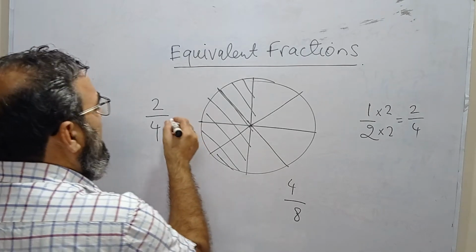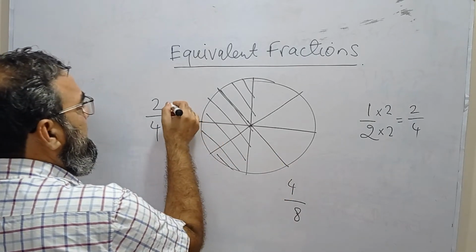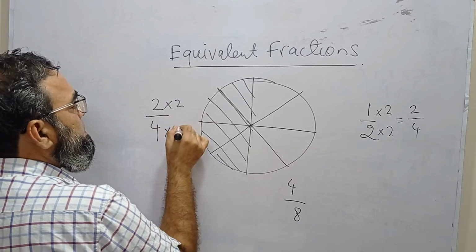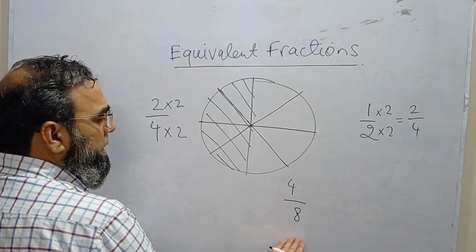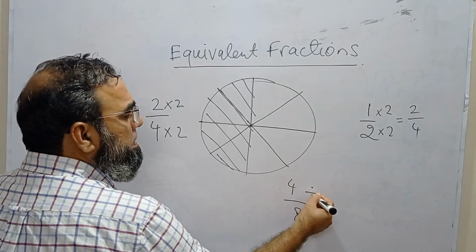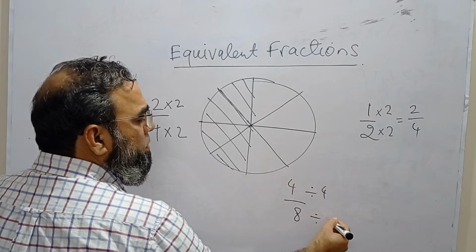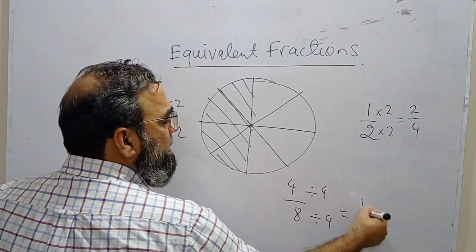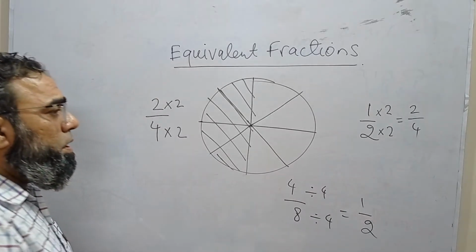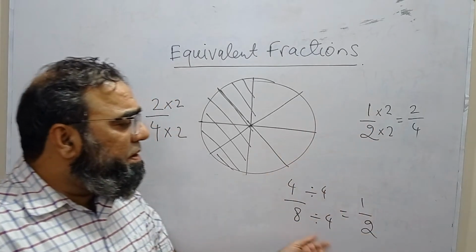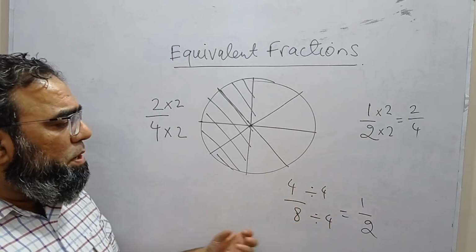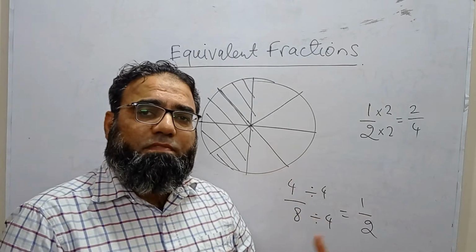If I multiply these with 2 again, I'll get 4/8. If I divide both of them by 4, I'll get back that 1/2. So you see that by multiplying or dividing with the same number,